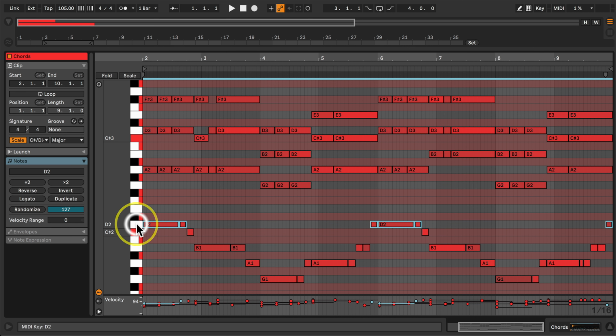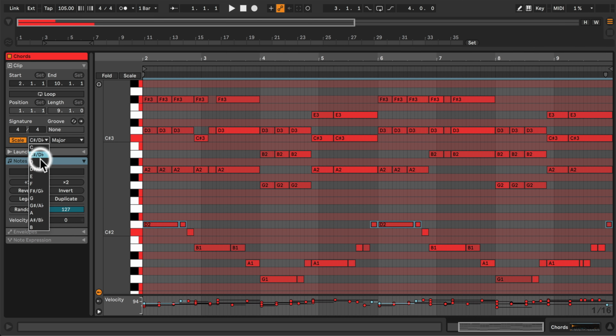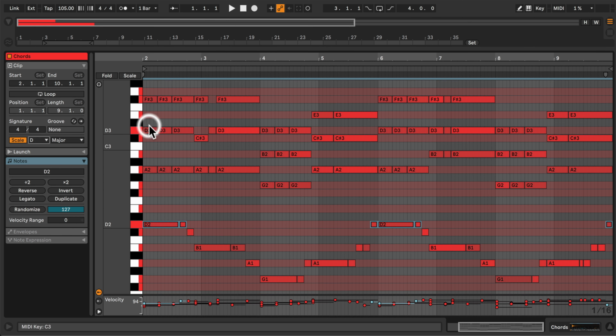or D. But then when we check the next key up, D major, we see that all the notes in our progression land on highlighted notes in that key so that we can assume this chord progression is in D major. When you're doing things this way, it's probably best to make the assumption that you're in a major key